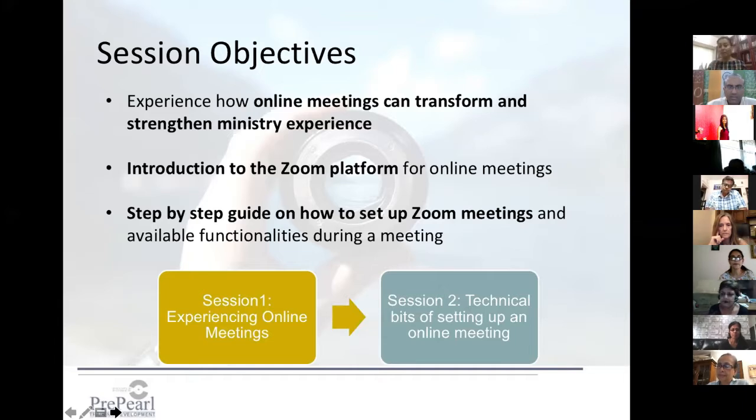So if you have a paper and pen with you right now, fantastic, you can make some notes. If you don't, don't worry, you can just sit in because as Father mentioned, we will be sending across this presentation also. But you may want to keep in mind certain aspects as I speak about it. What I have done is try to show you the different screenshots that you will see on the screen so that you get a little familiar with how to create all of those different options.